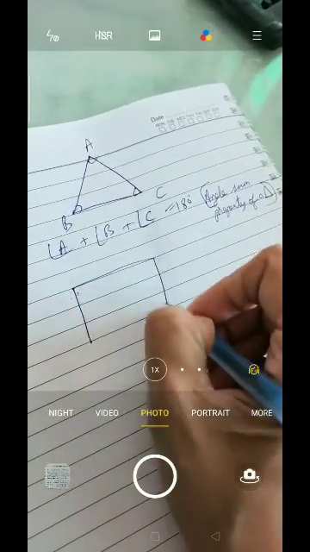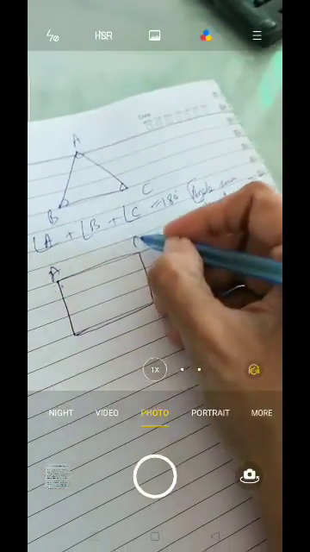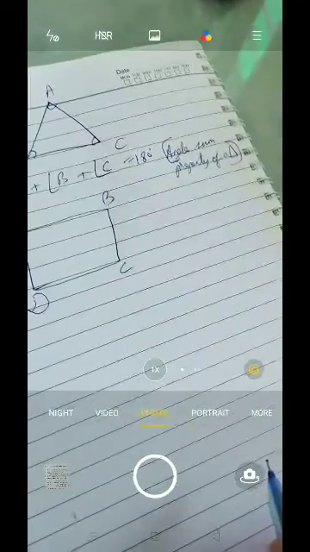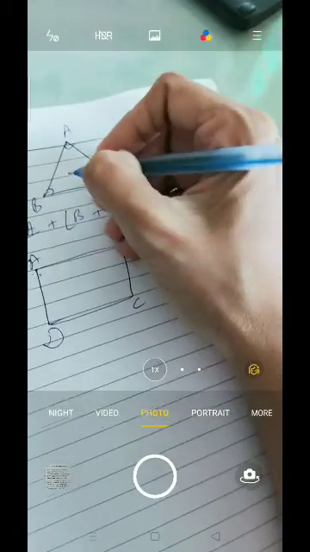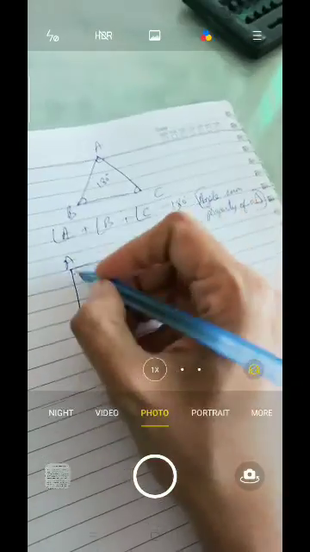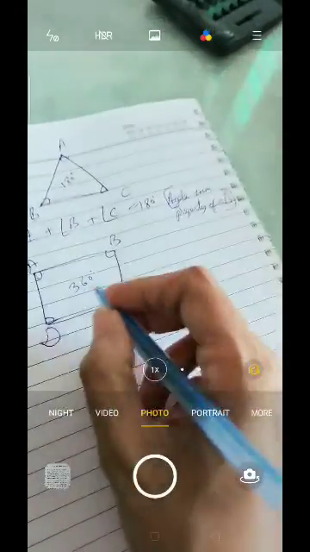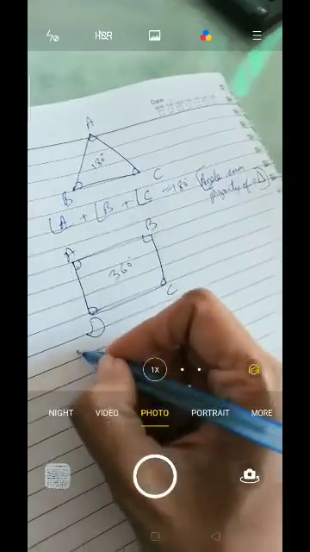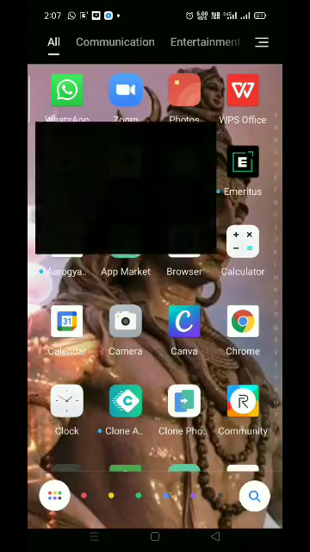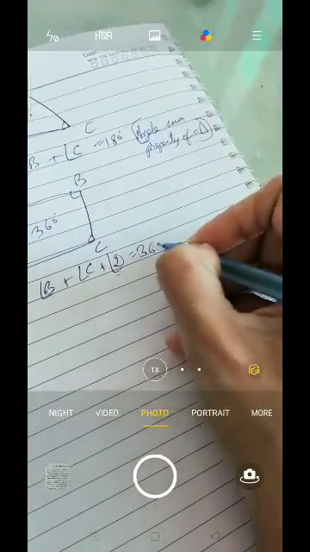Clear? Then the next one that you need to remember is, what is this figure I have drawn? It's a quadrilateral. Name the quadrilateral ABCD. Clear? Over here, as I said, the sum total in a triangle is 180 degrees, but in a quadrilateral, it will always be 360 degrees. I mean to say angle A plus angle B plus angle C plus angle D together will give you 360 degrees.